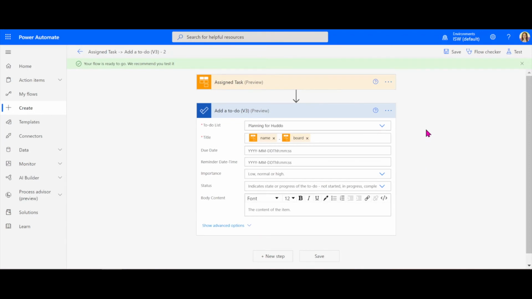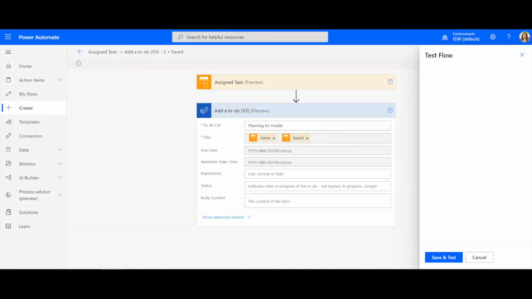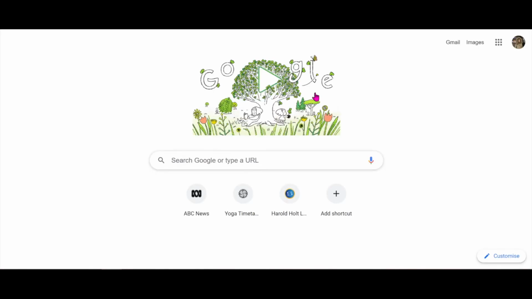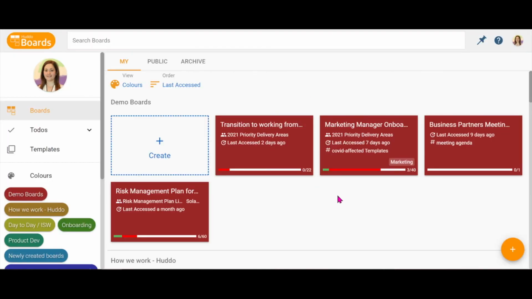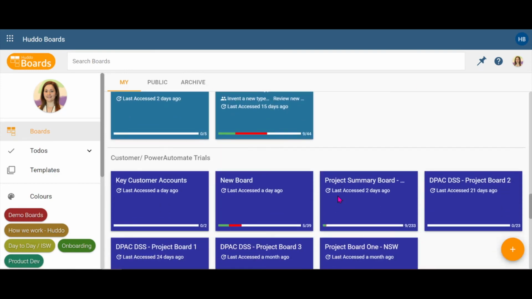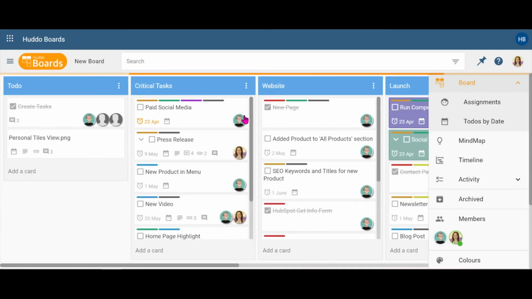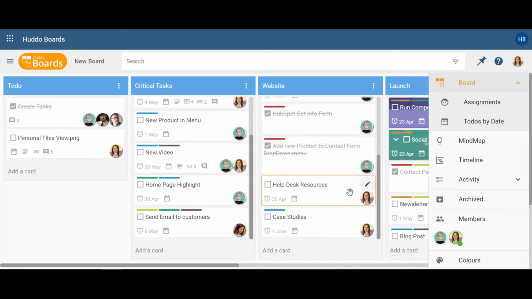Okay, so it's telling me that my flow is ready to go, and I'm going to press test. And I'm going to test this manually. So save and test. I'm going to open up Huddo Boards. I'm going to come to one of the boards that I'm working on. Let's see. I'm going to look in this new board. Okay, and I'm going to assign myself to a couple of the cards